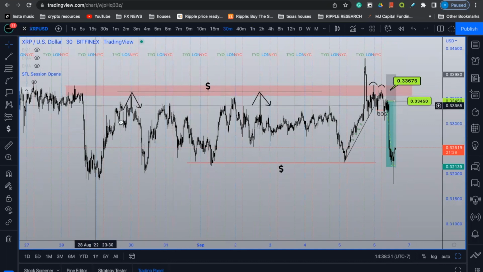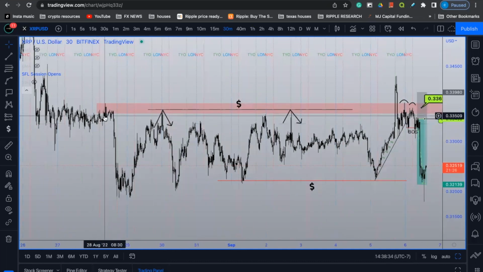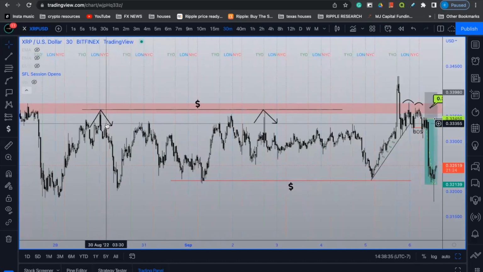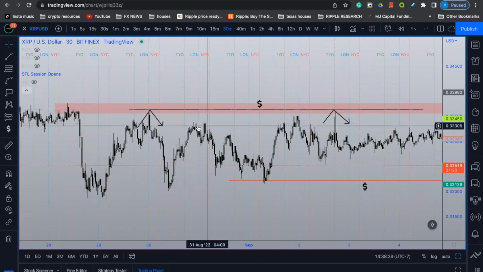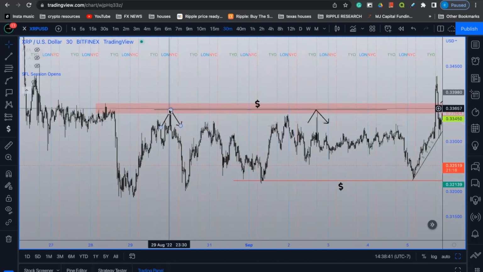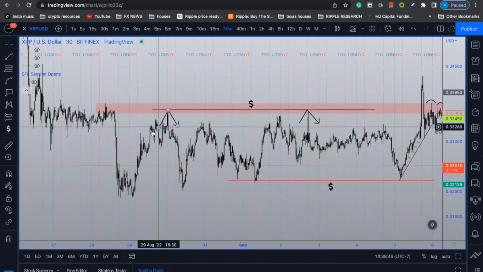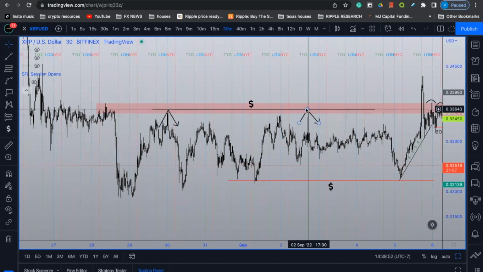With that being said, I want to take your attention over here to August 28th, an area that I had highlighted mainly because you guys can see that this was a liquidity trap here. I will go ahead and explain that for you now. You guys can see this double top formation or this retail resistance pattern in the form of a market surge up into roughly around 33600, and the market declined. Same thing here. The market came back up into this area and the market declined.